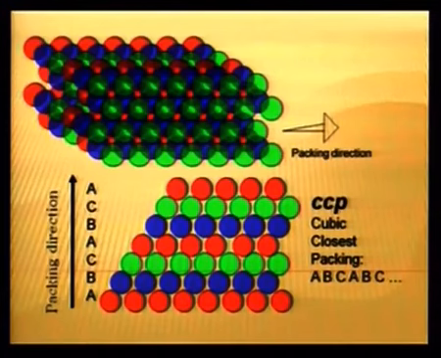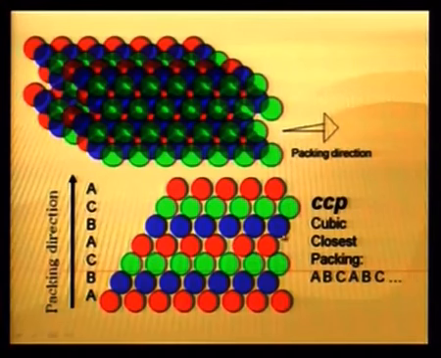We now have 3 different arrangements of layers. Bottom layer, first layer, second layer is staggered, third layer is still staggered. It is not a repetition of the first layer. Only the fourth layer is similar to the first layer. So, here we have 3 types of arrangements, 3 types of layers, A, B and C, and the pattern repeats ABC, ABC, ABC. Repetition of this pattern you can see from the direction of packing,